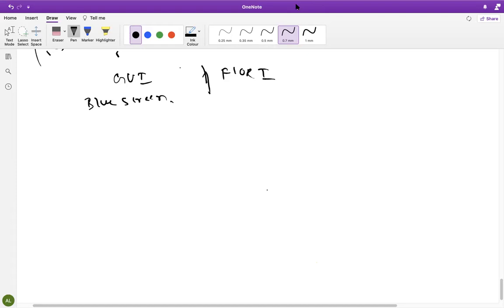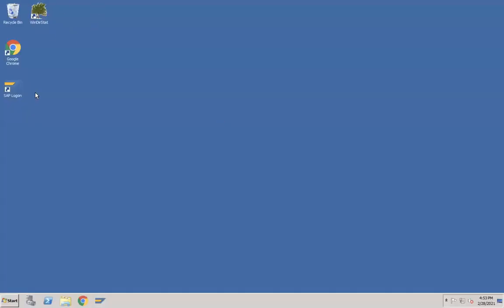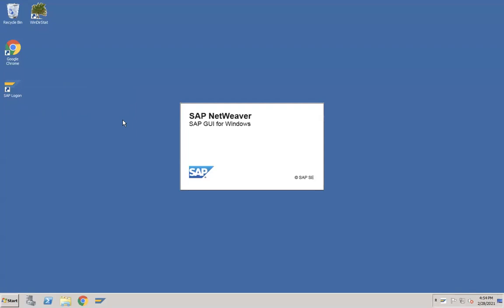So what is Fiori? Before that, what are the disadvantages? You know why Fiori came, right? We have GUI also, right? Why did Fiori come? All these things we'll see. I will go to the SAP screen. At the end of the class, remind me. I will show you how you need to enter into SAP, how through links you will enter. That also we will take up.